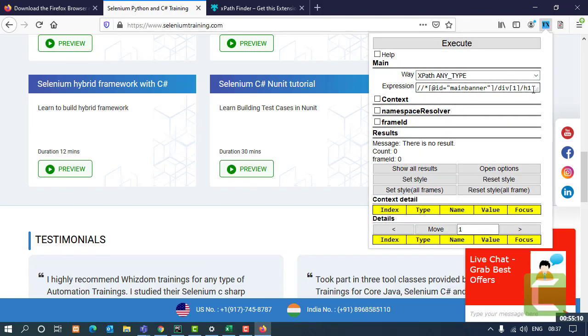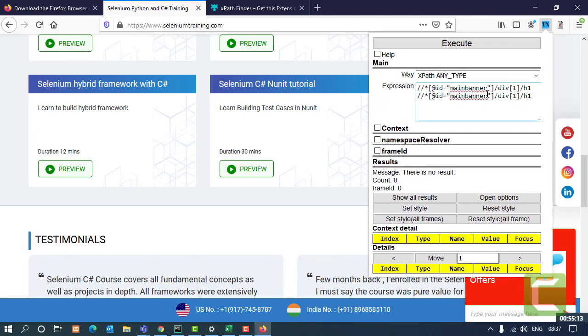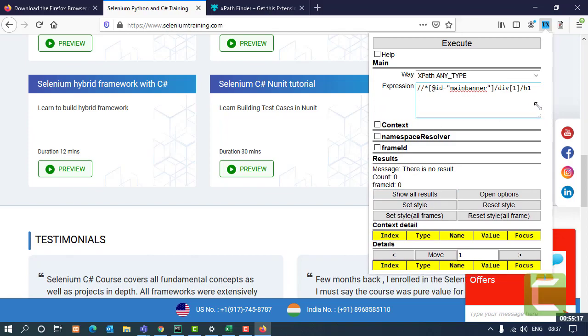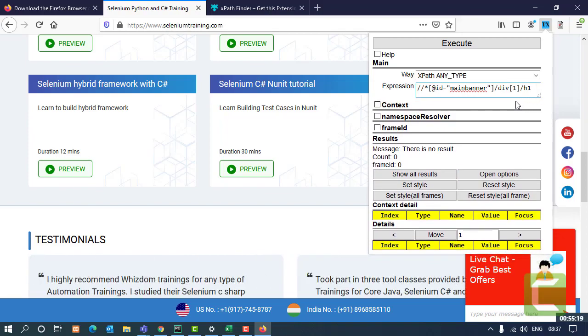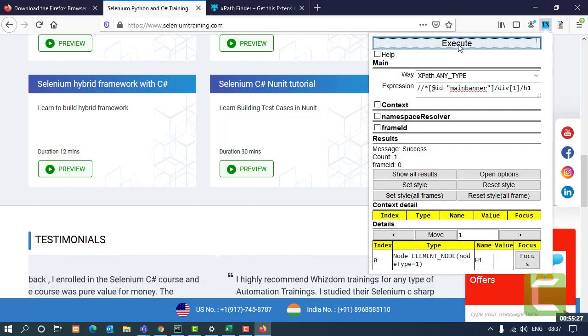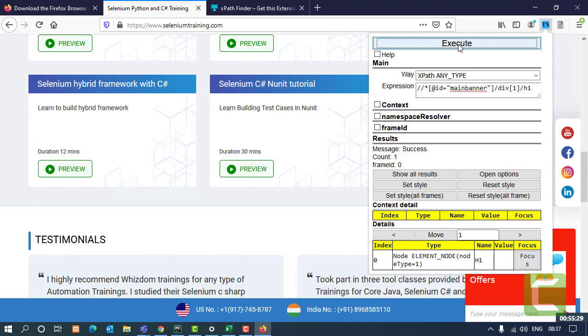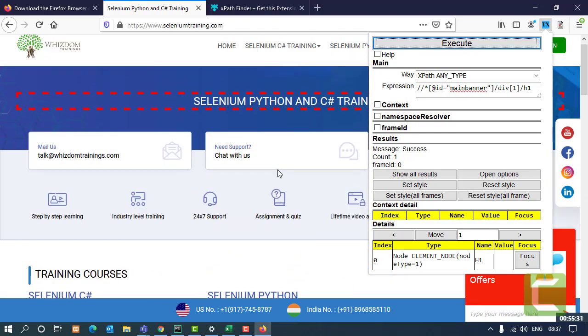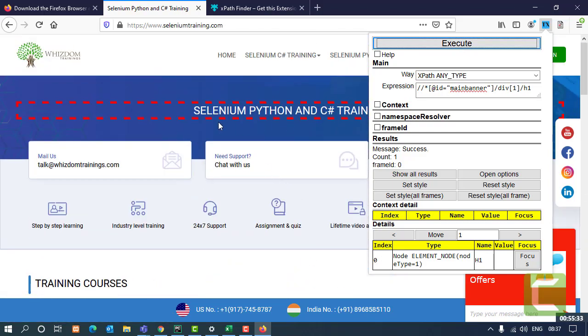Once I have put the expression over here, the XPath that I have made by myself, I'll just click on the execute button, and wherever this element is available on the page, that will be highlighted. So let's see, over here it is highlighted in the red dotted line, clearly and simply.